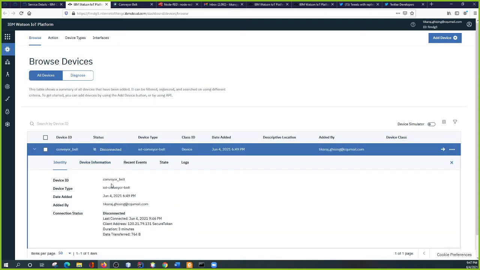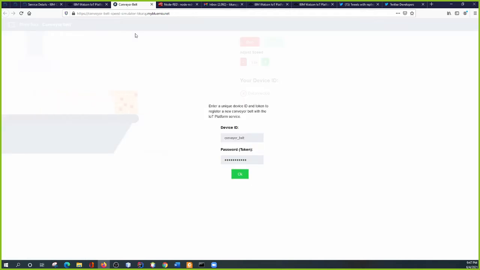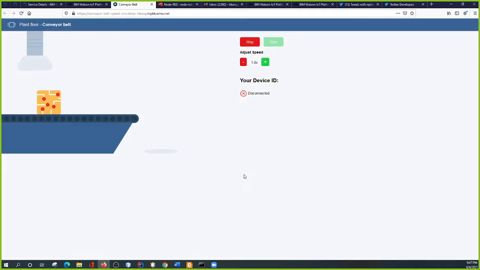connected to it yet. In order to connect to this conveyor belt, I need to have the device ID, which is conveyor_belt, and need the access token, which is needed when creating the device. Now, to connect the conveyor belt, I enter the device ID and the password. And once I click, it will be connected. And when I change the speed,